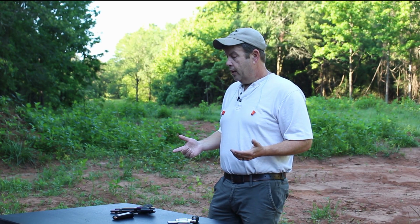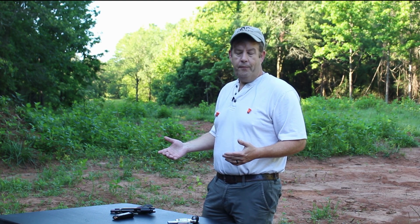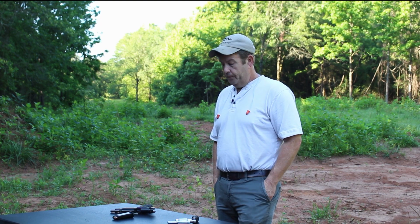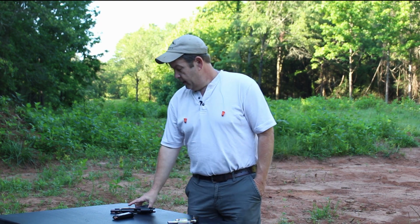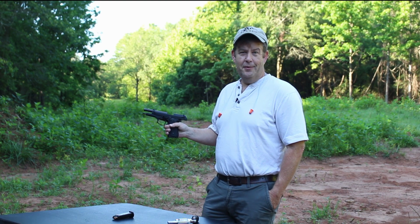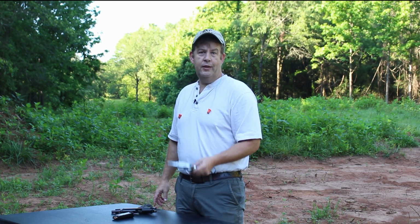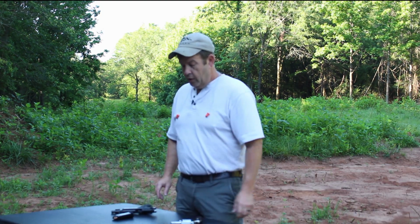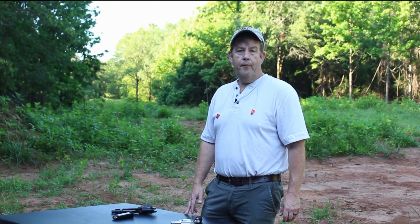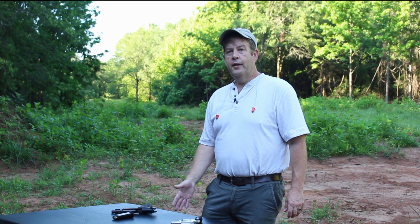Okay, so everything I just said, we're going to throw some exceptions in here. If you plan on getting your concealed carry permit, this is not the easiest, most comfortable gun to conceal. Right, same thing for even a mid-size revolver. So you're going to need to do some research specifically on concealed carry. And keep this in mind, if you're going to go the concealed carry route,